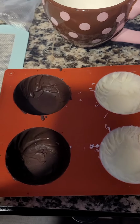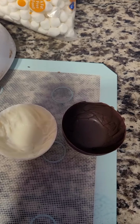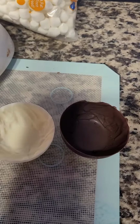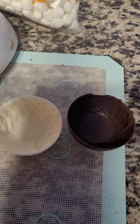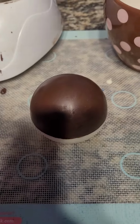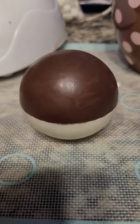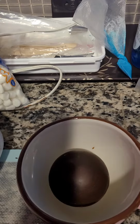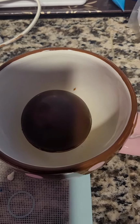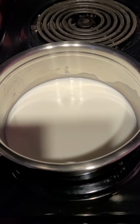Once they're set, carefully remove them from the silicone mat. Once you remove them, add your marshmallows, your hot chocolate mix, and then bind them together. After you add your hot chocolate mix and your marshmallows, put them together so that they can seal for a couple of moments. Once it's sealed, put it in your favorite coffee mug and bring some hot milk to a